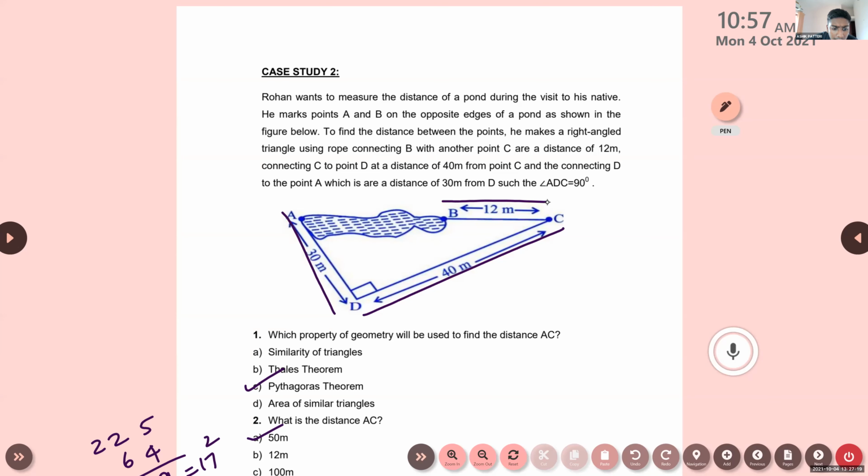Can you show the question one more time? Ma'am, the question is: find the length of the rope used. 82 meters. Yes, it is correct. It is 82 meters. Find the length of the rope means all the sides you have to add, except this length. The other lengths you have to add.